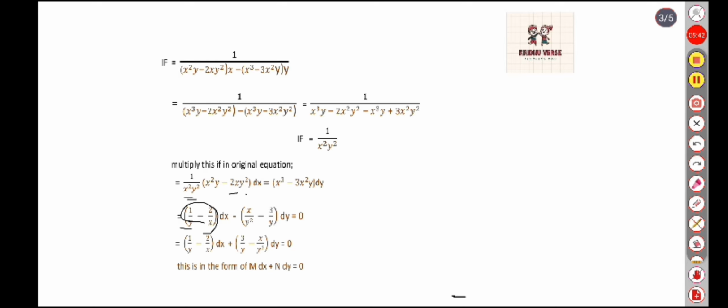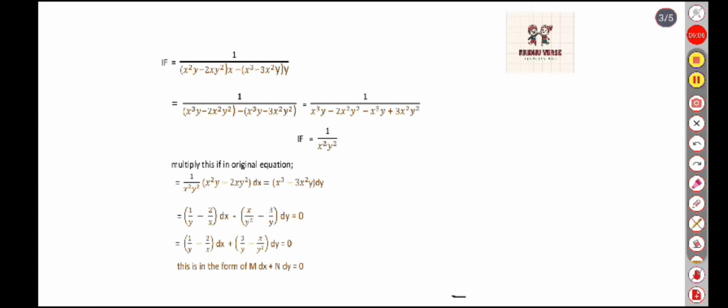For the second term, x square, here x cube there, so upside 1x left, downside y square, so x by y square. Next, this we are multiplying with this, means x square cut by 2y square means single y left, so minus 3y. This term came this side, so minus dy equal to 0. This is the equation we got.